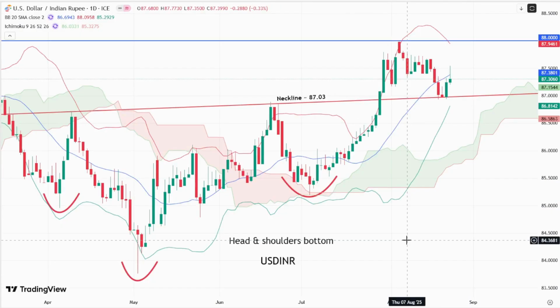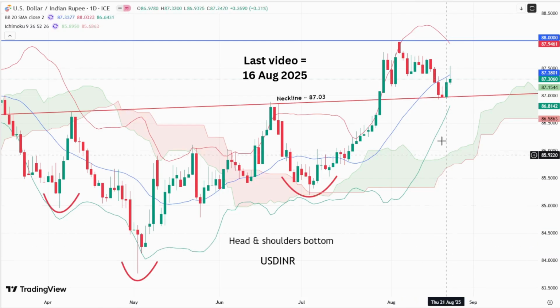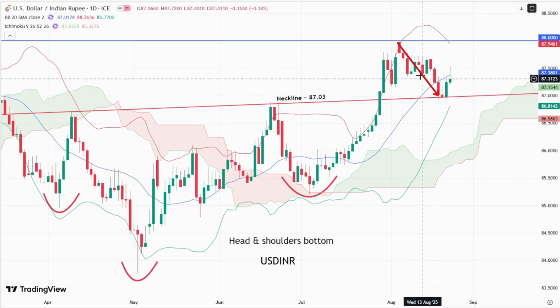Dollar INR, that is the dollar against the Indian rupee, is turning out to be a classical head and shoulders. In the video on the 16th of August, I said that dollar INR is in the correction phase over here and could go back to 87.03 before resuming the upside. Dollar INR fell slightly below the neckline, which is classical, before rebounding, and it has since attempted to close above